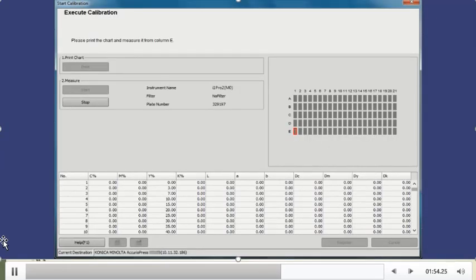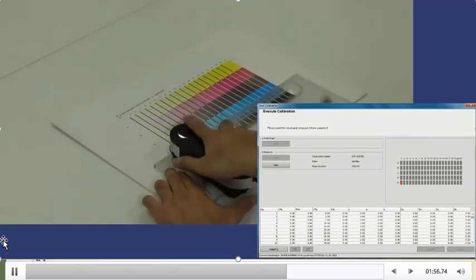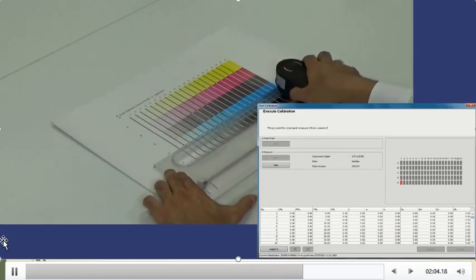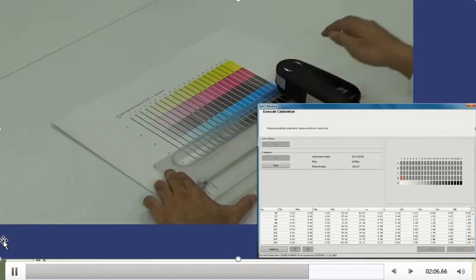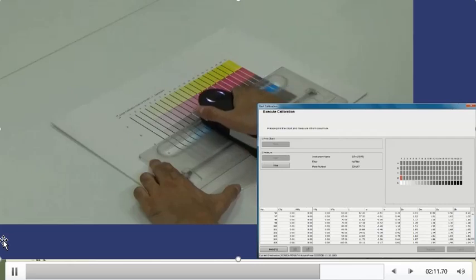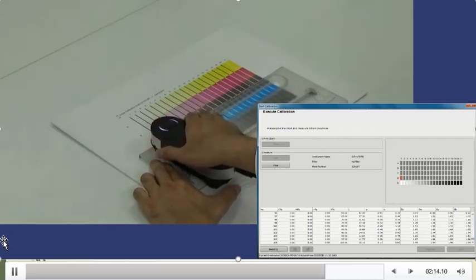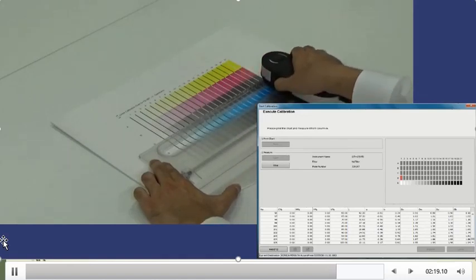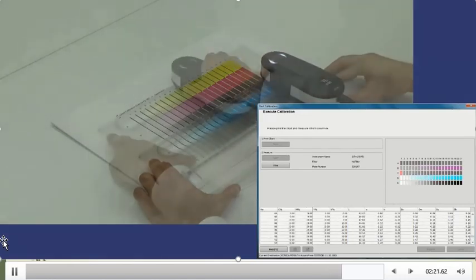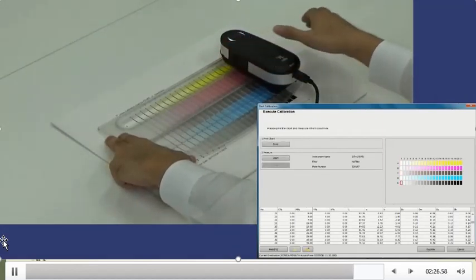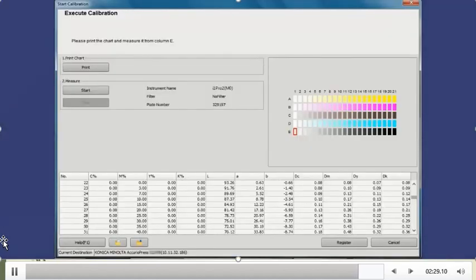And now one by one we will measure all 5 lines. Okay, so now we have measured all the lines of patches.